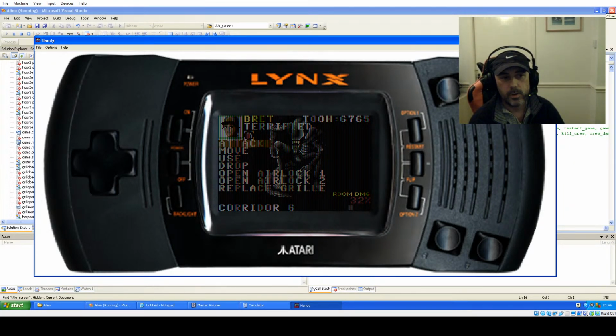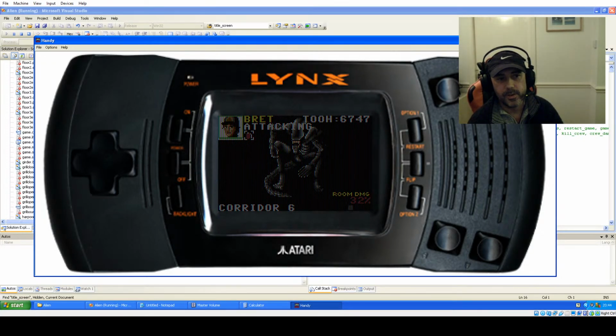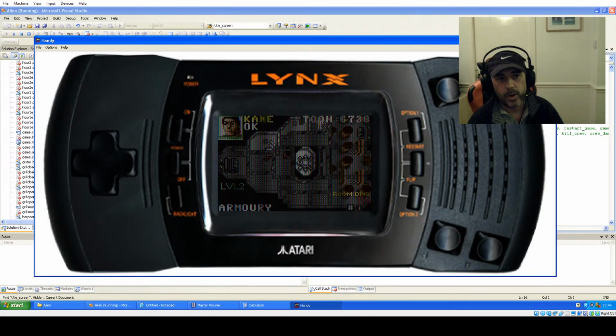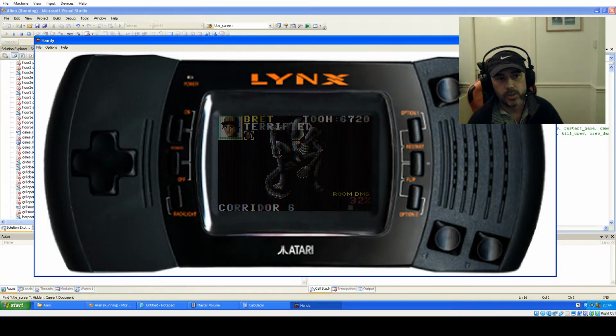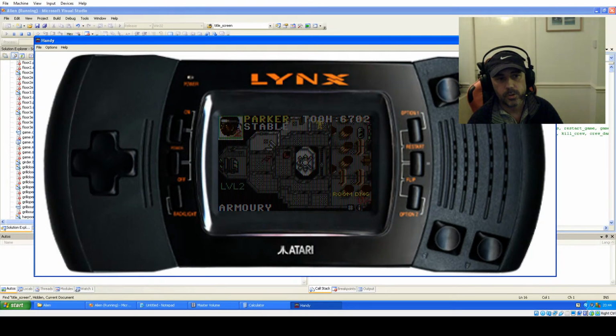So, yeah, he's not too much damage. Just how long has that alien been attacking him? This is a thing. This is what I need to check for, because I'm not sure whether everything is working exactly as it should be. Anyway, let's just focus on what I was trying to do, which was take